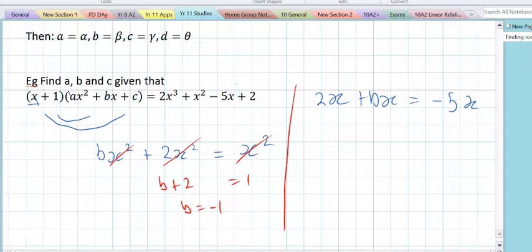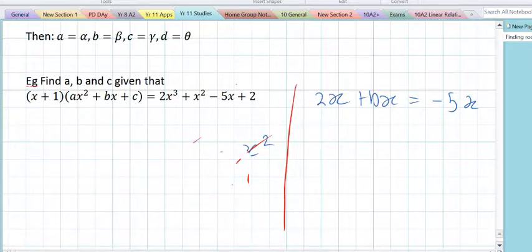So it's the question. My apologies, I copied this down late last night. I lost huge amounts of marks. Alright, so